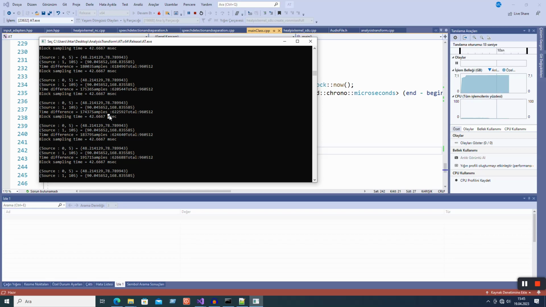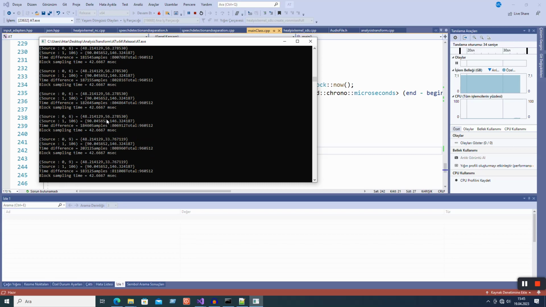Their locations are found by the algorithm. The sampling time is about 42 milliseconds, and the time difference between the analyses is about 17 to 18 milliseconds for the calculation on the CPU from the starting point to the end point. Then when we complete the real-time demo,